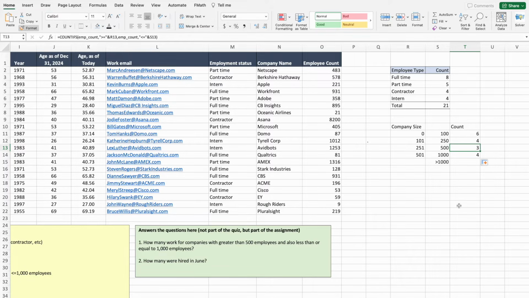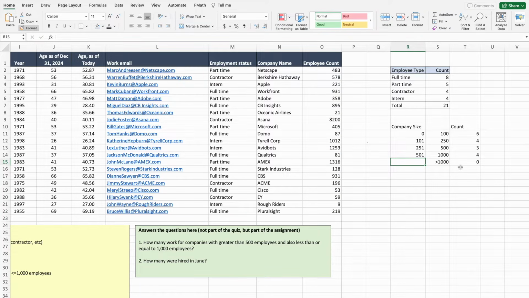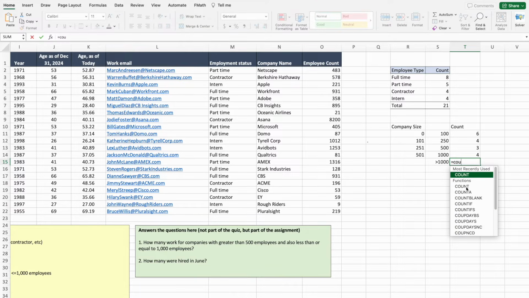Again, we'll talk about this more later. And then what I can't do is I can't drag it down here, okay? Because this formula is trying to look up things that are greater than or equal to nothing, okay? And then less than this 1,000. And so this is text data, not numerical data, because it has this symbol in front. So this won't work. So on this one, we can just simply use a count function,